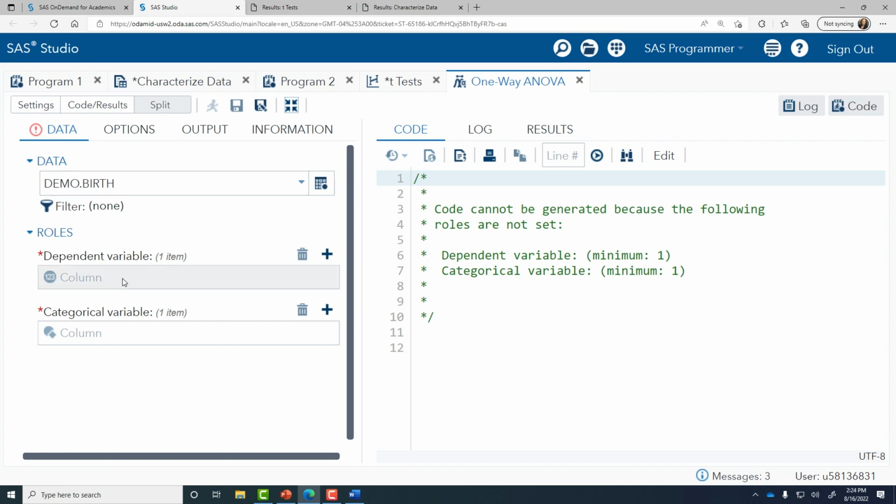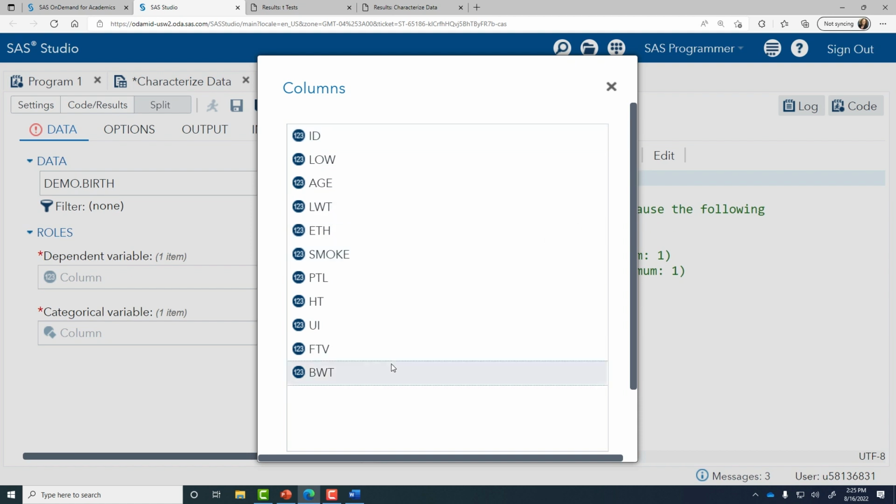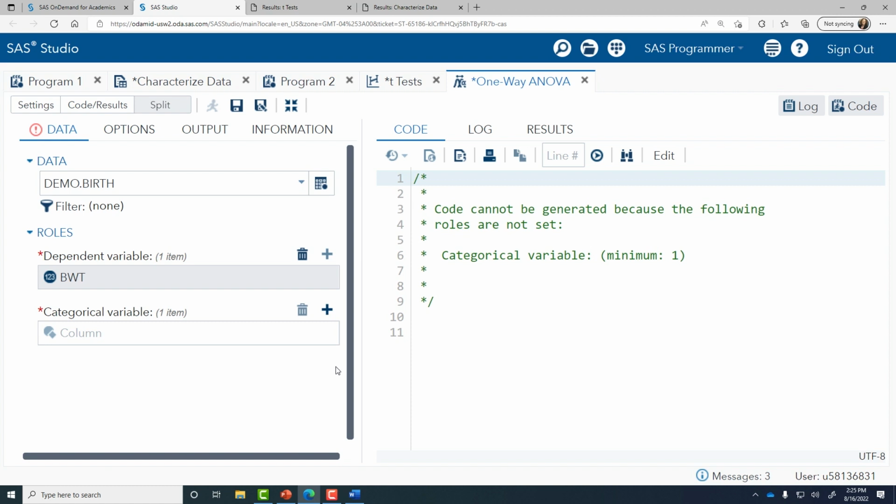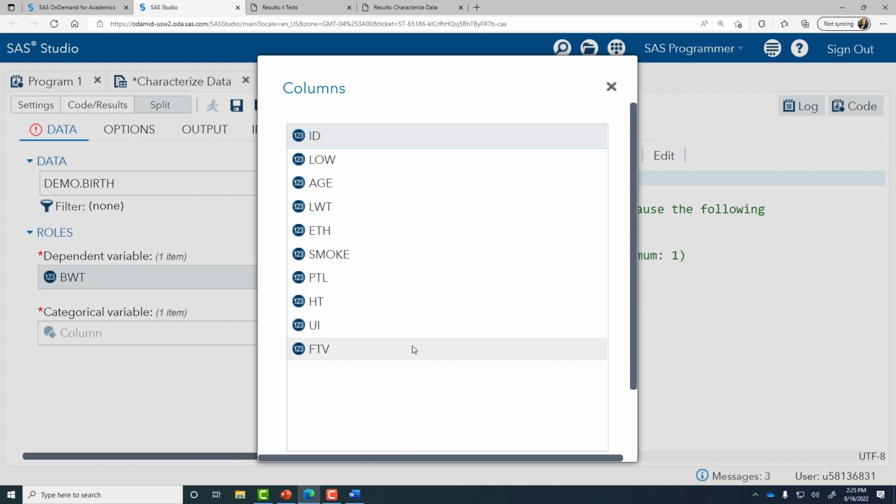The dependent variable, this is our outcome variable, will be the variable birth weight. And then for the categorical predictor, we want to choose a predictor that has more than 2 levels. One predictor that we could use is FTV, which is the number of physician visits.